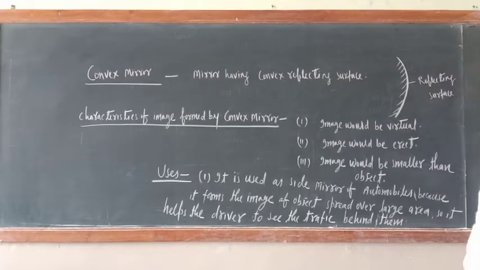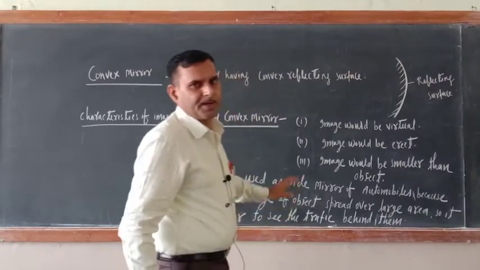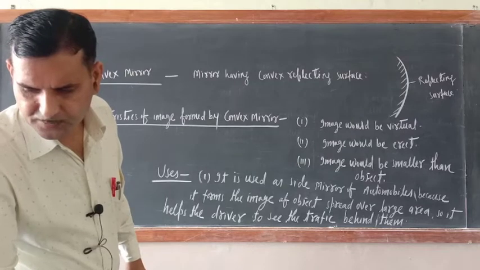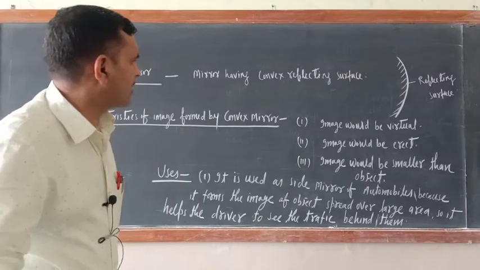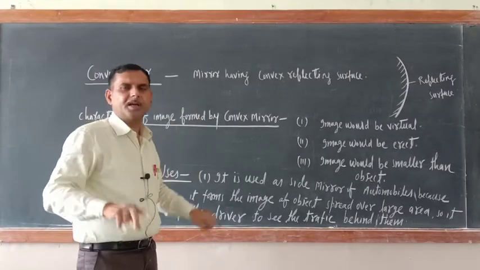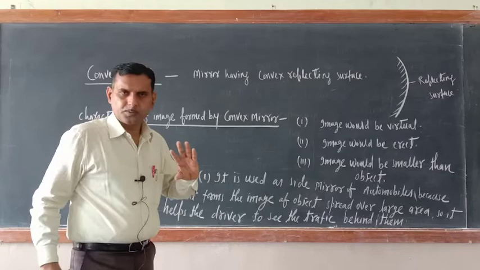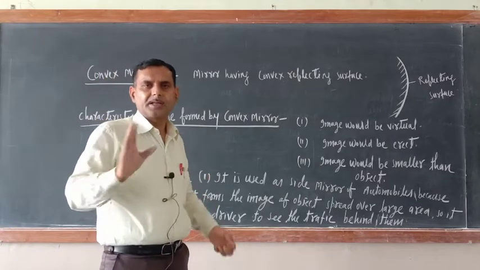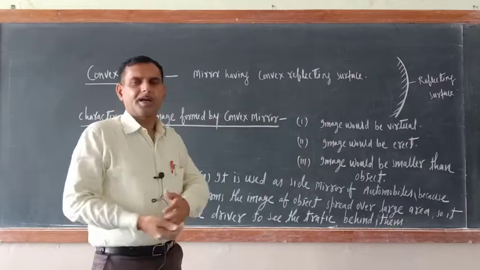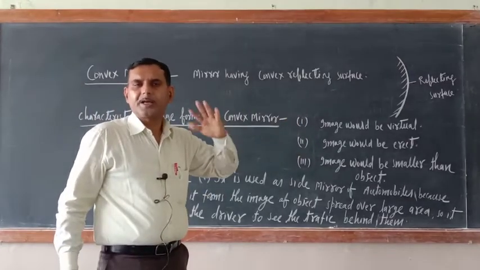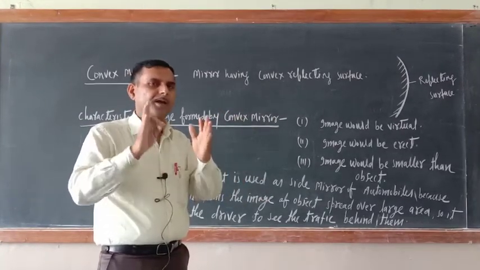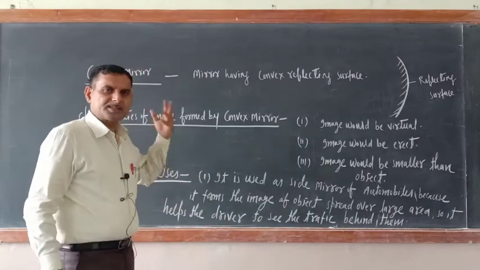As you know, I have completed the concave mirror. Now, in continuation, today we have the convex mirror. Just see, the same activity you have to repeat. What do you have to take? One burning candle on the table, and just behind the burning candle, a convex mirror, and in front of that, one screen. Means between the screen and the mirror you have to keep the burning candle. Repeat the same activity.